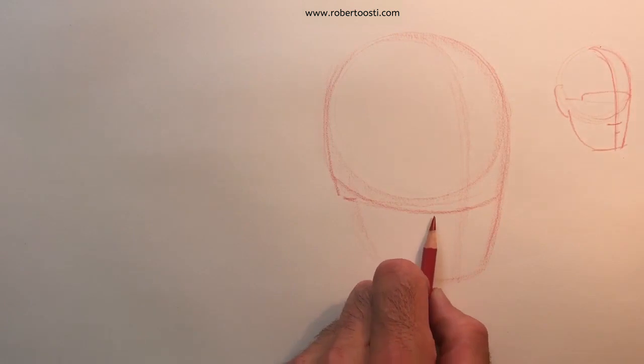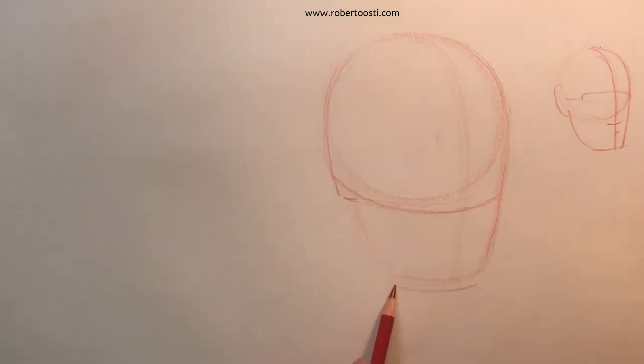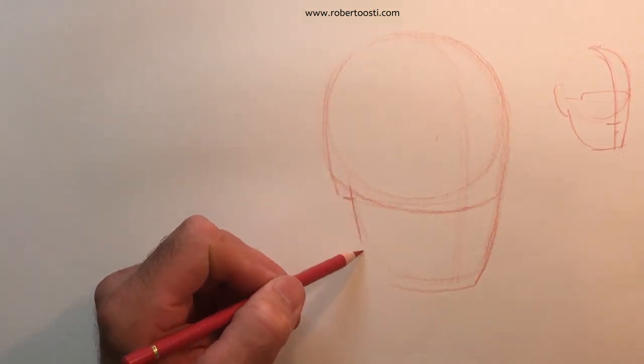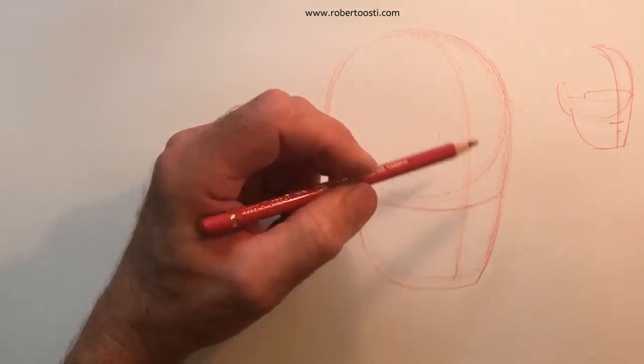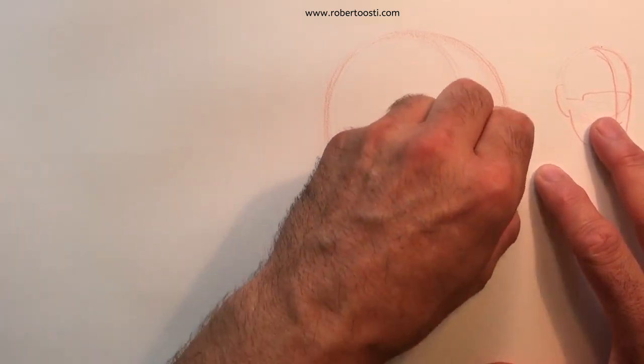See that? I can already see. I'm going to fix it later. 1, 2, 3. It's a little bit too short. So I'm going to put it here, and then see what happens. This is going to be the facial mask, the facial volume. That's the jawline, and this is the center line. So now I clean up a little bit all these lines,